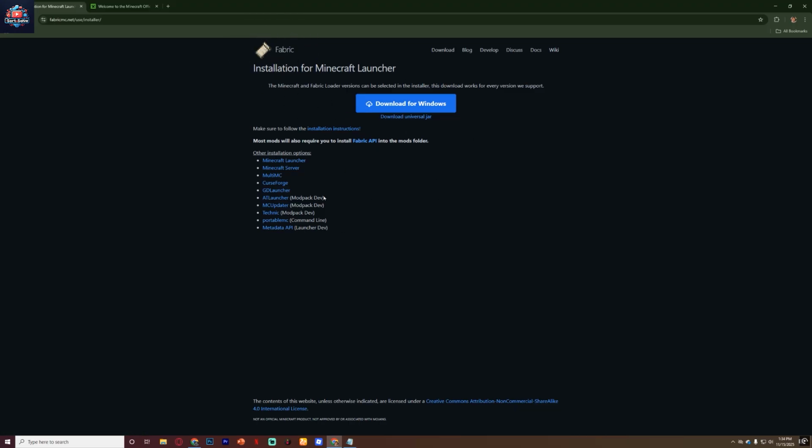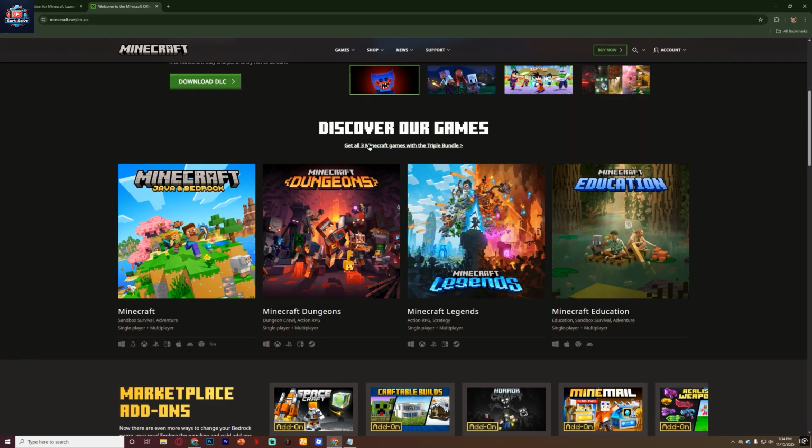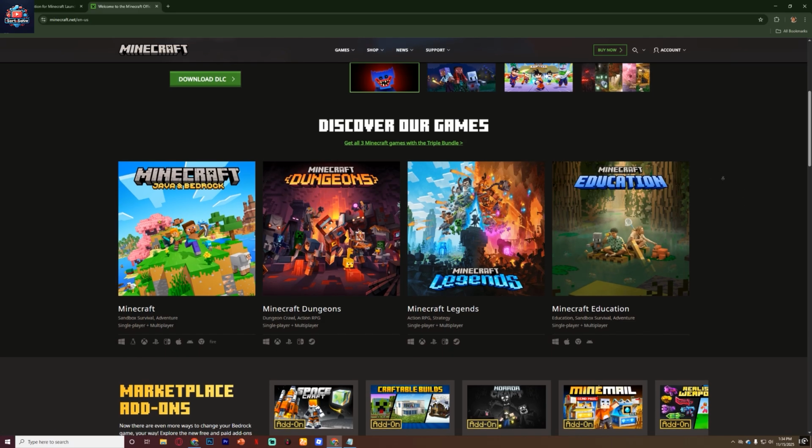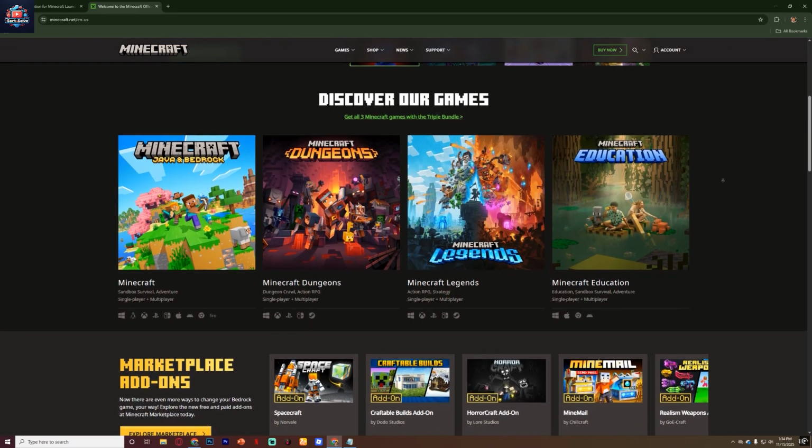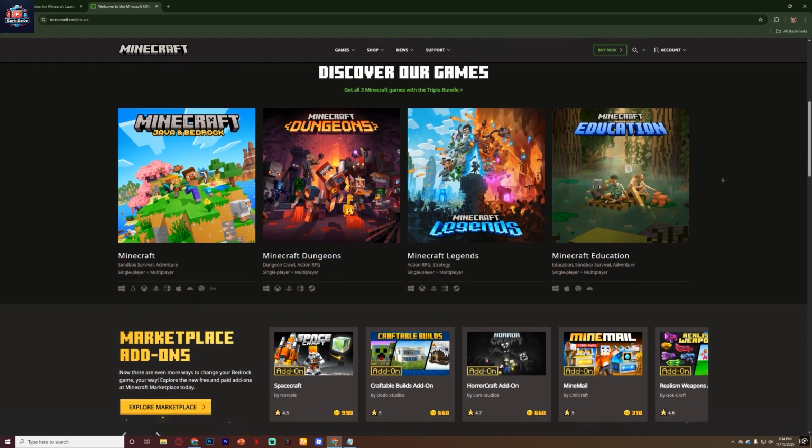installed for other versions. To do this, go to the official Forge or Fabric website and download the installer for the version you want. Run the installer, create the new profile, and then open your Minecraft folder. Inside the folder, find or create a mods folder and download the mods you want from safe sites like Modrinth